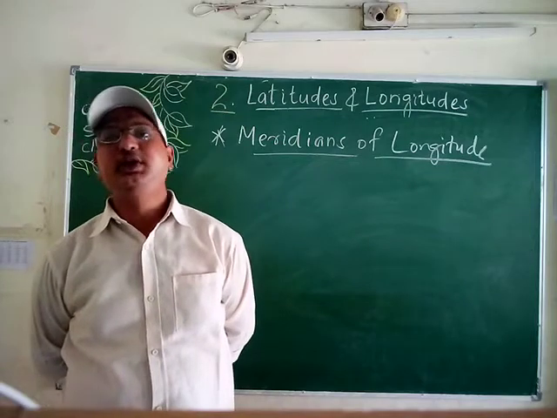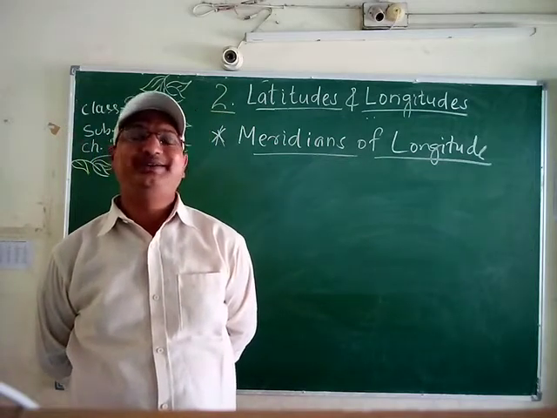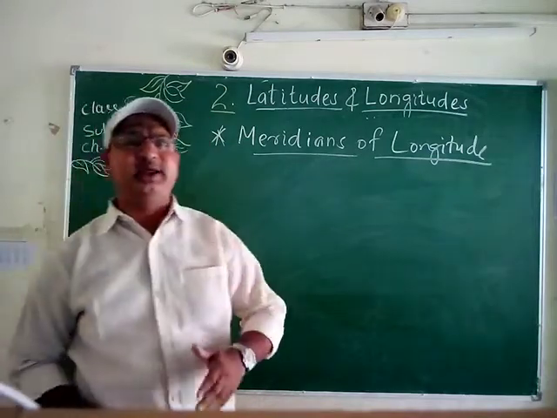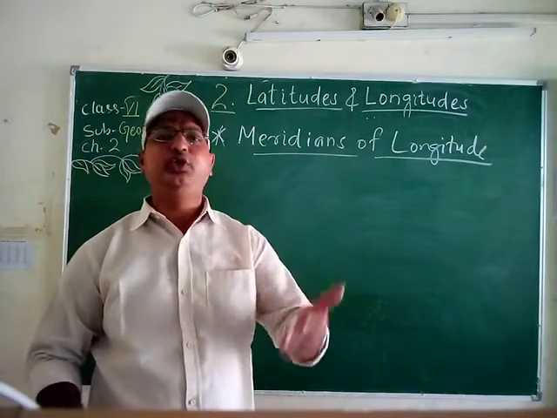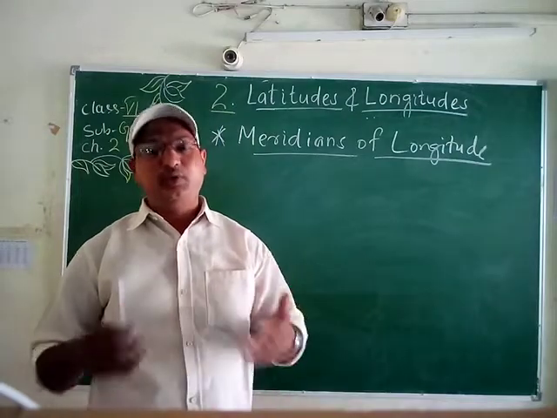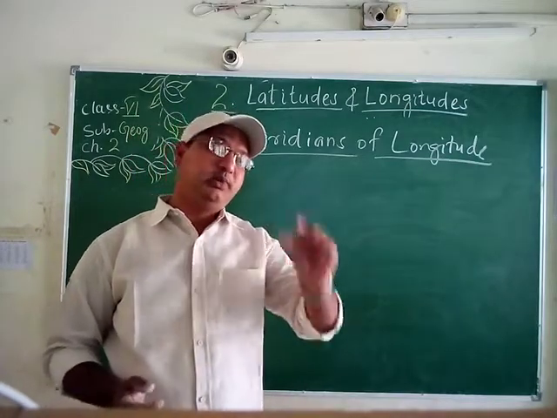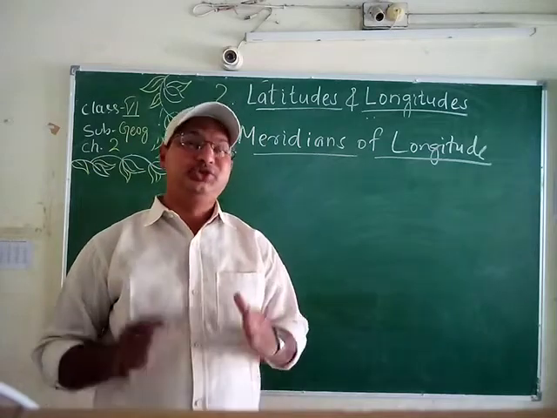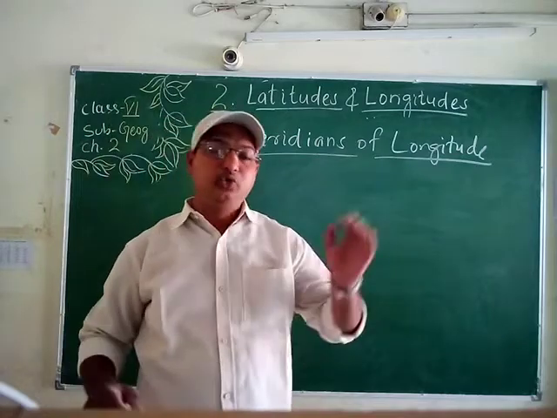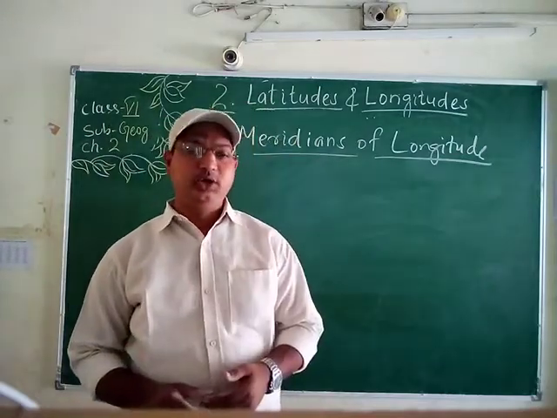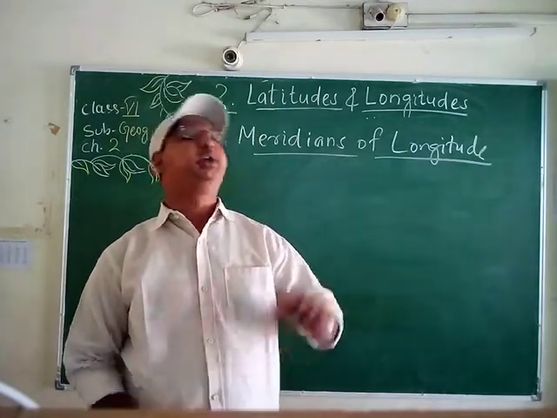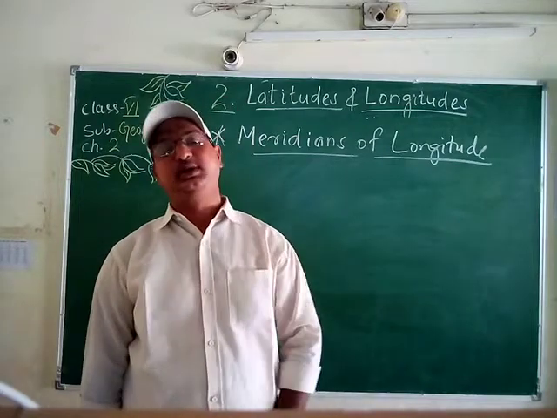Besides latitude, students, we need another point of reference in order to exactly locate places on Earth. Students, the question may be arising in your mind: why are latitudes and longitudes needed? We can't see them, we can't feel them, so what is the use of them? Because, students, to locate a place we use what are called, in short, coordinates. If you want to look at Nuapada, what are the coordinates? This is the position of the latitudes and longitudes, which combine together so you can find a place exactly, that is Nuapada.